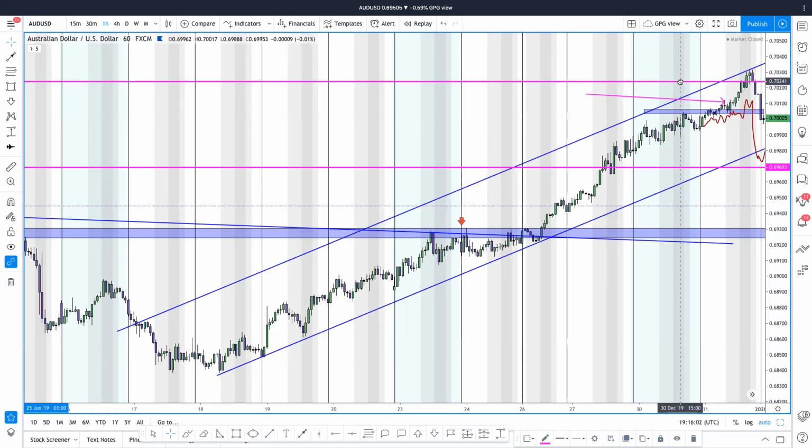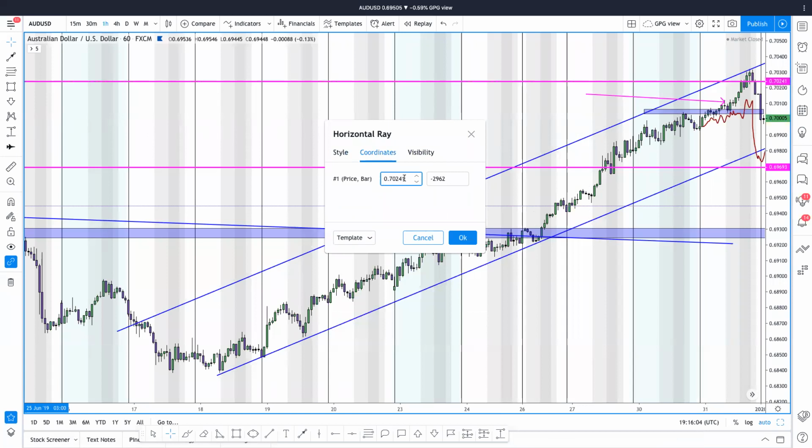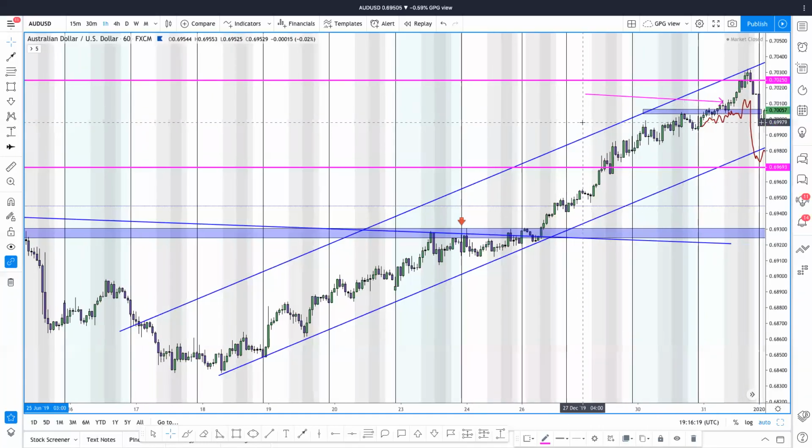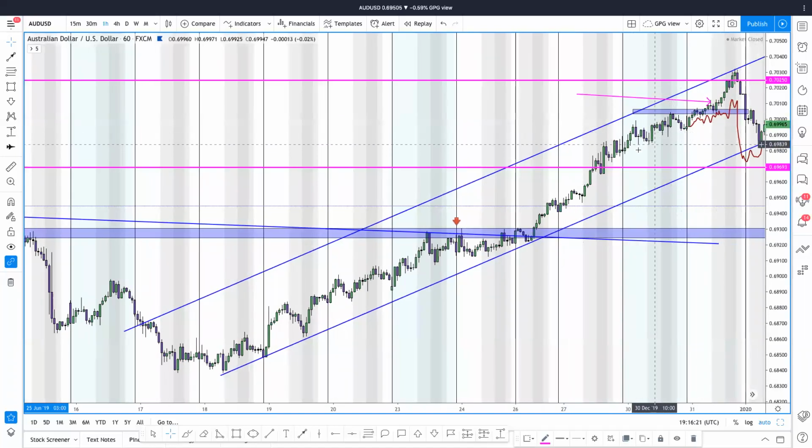0.70. Let me make it round for you. So that would be that perfect pending order, which I didn't use. I'll show you my exact entry. Later in the edit, I can actually show the trade that I took, so there won't be any confusion. So after this trend line and support resistance